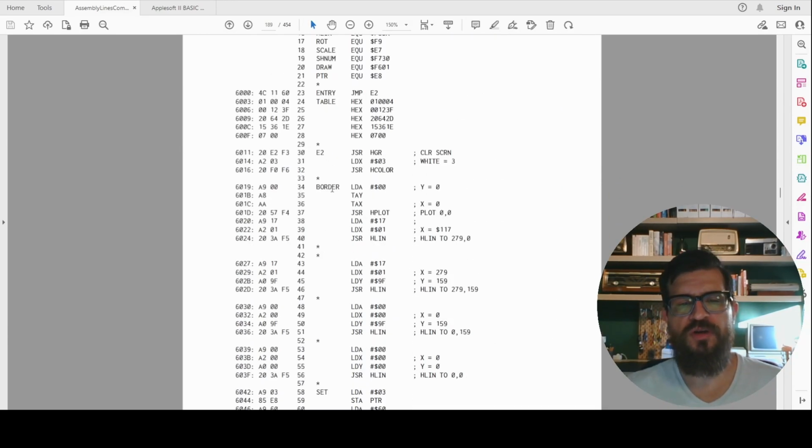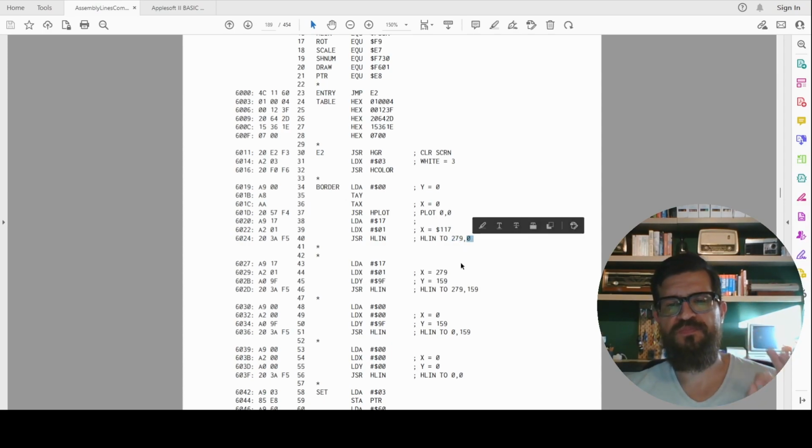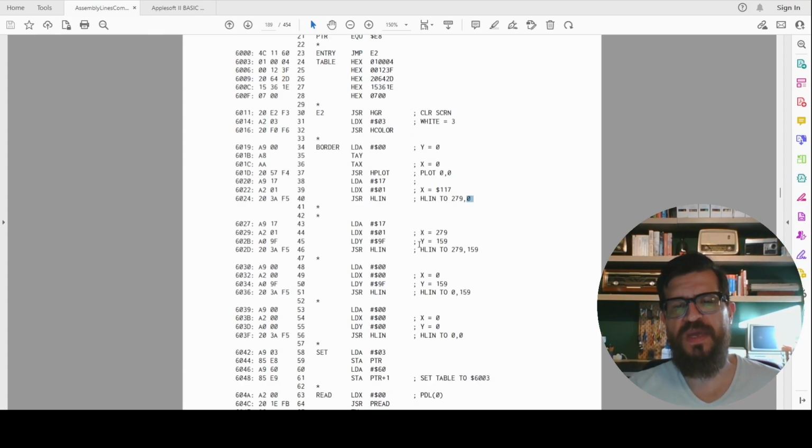Then we start drawing the borders. So we start at position 0, 0, right? We set the Y and X registers with 0. And then we call HPLOT, so we put a tiny dot at the first coordinate 0, 0, and then we draw a line from there towards 0, 117. I'm sorry, I'm saying this wrong. We're actually moving this to 279, which is hexadecimal 117, 0. So we are drawing the first border, and then we keep painting until we close a rectangle with a border